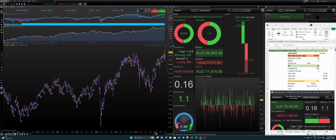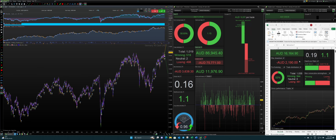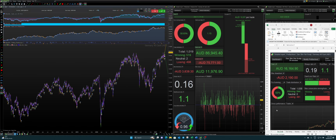Okay, back to where we were. So the strategy has deteriorated slightly from the last tests we were doing, 53%, and now only a 50.93% win rate. Okay, so bear in mind that